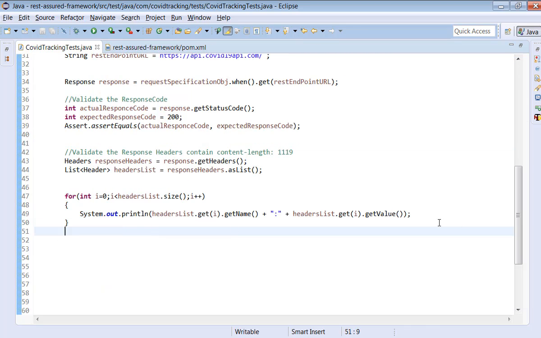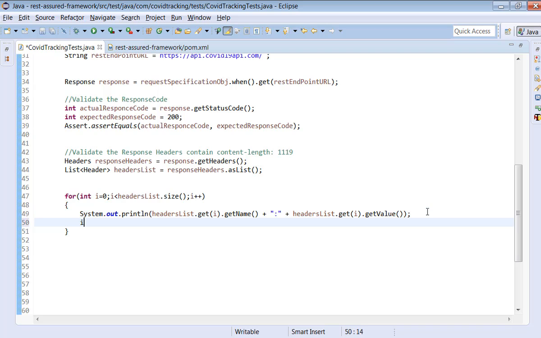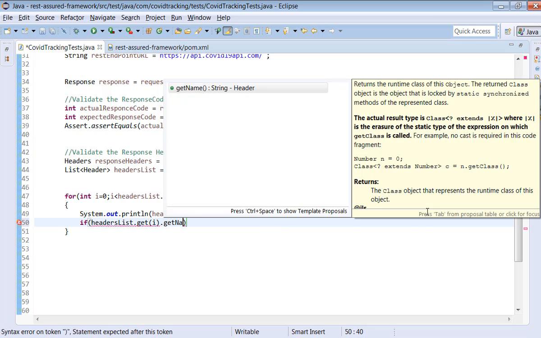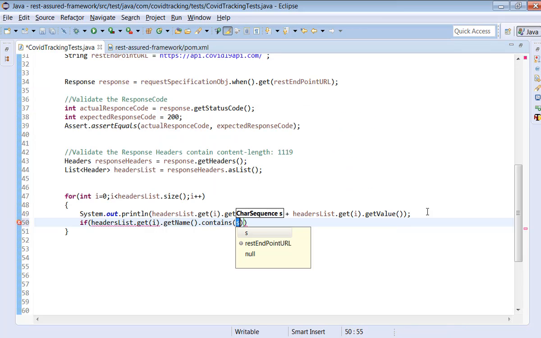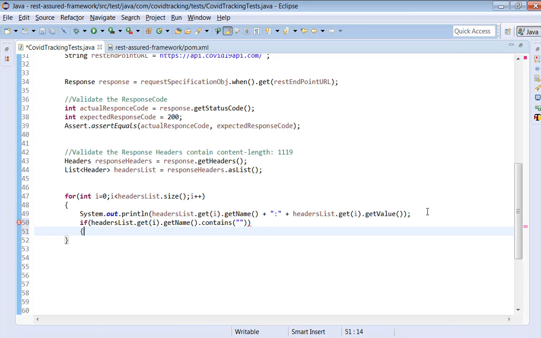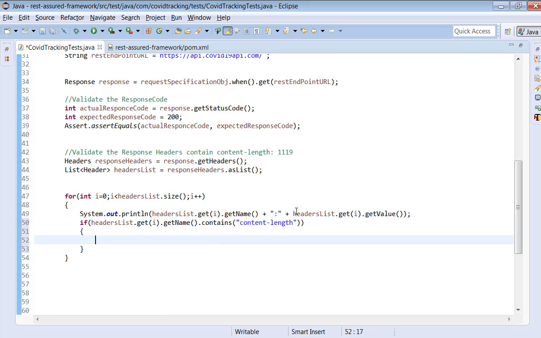Now, suppose if headers list dot get i dot get name dot equals or contains, you can validate and go inside. Contains, suppose for example you want to validate the content length, contains content length, go inside.